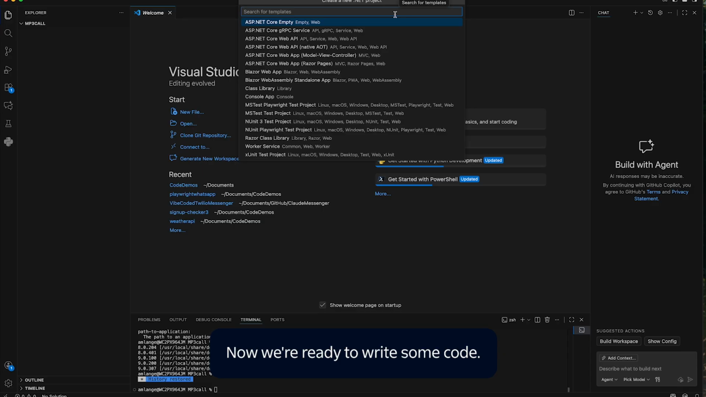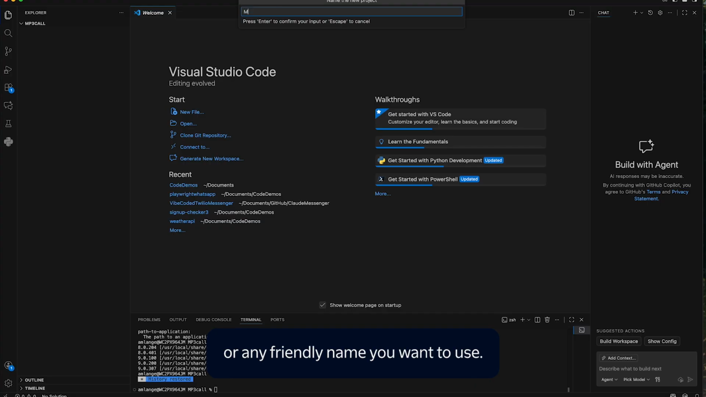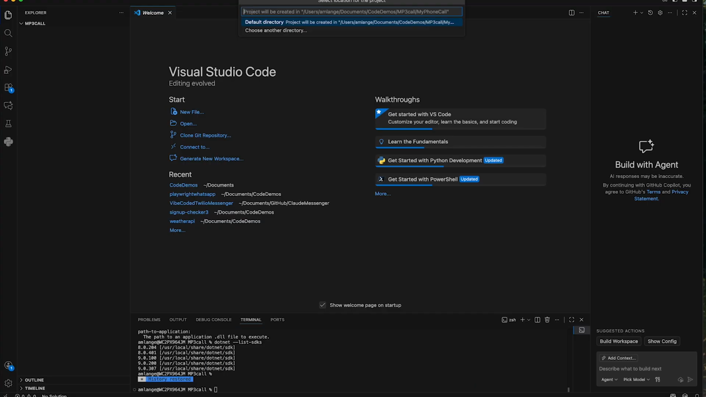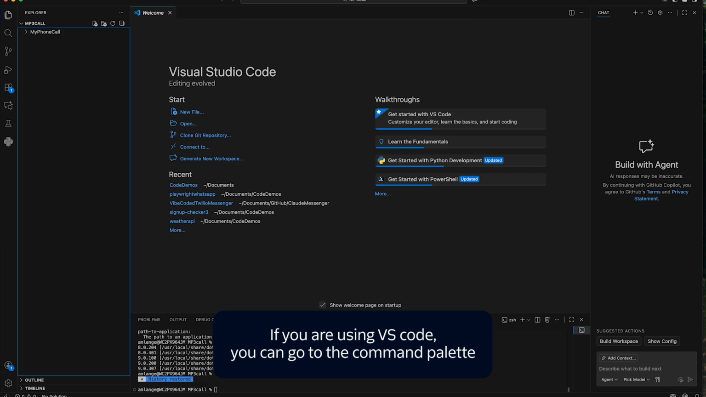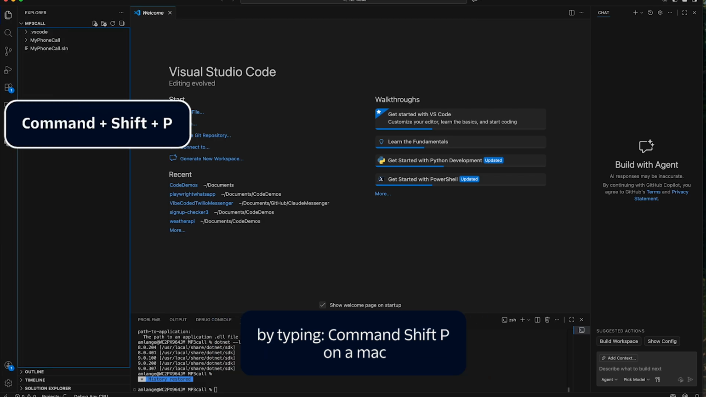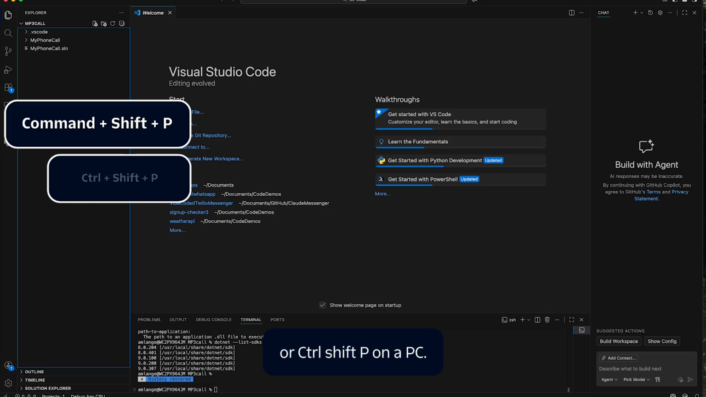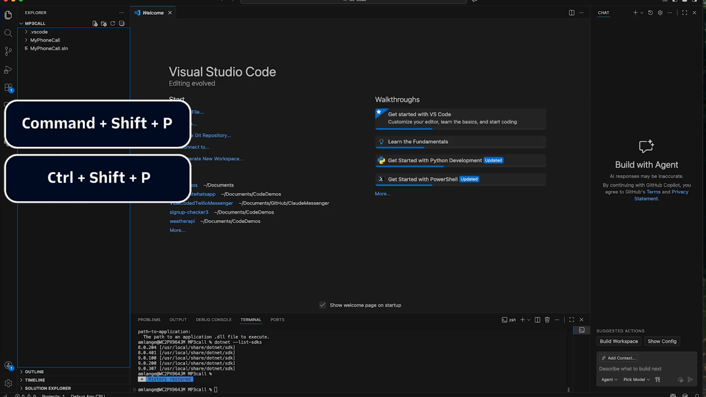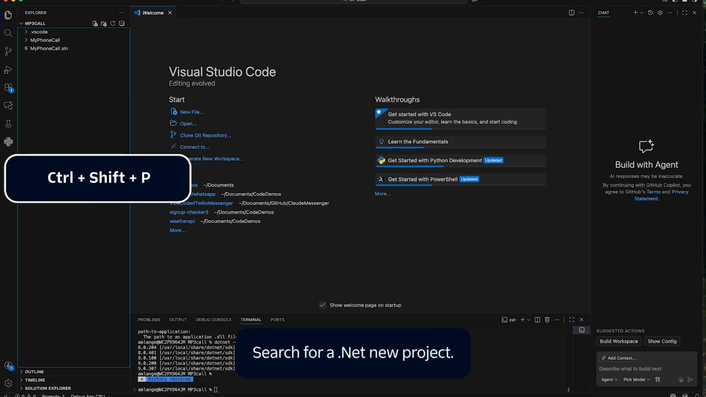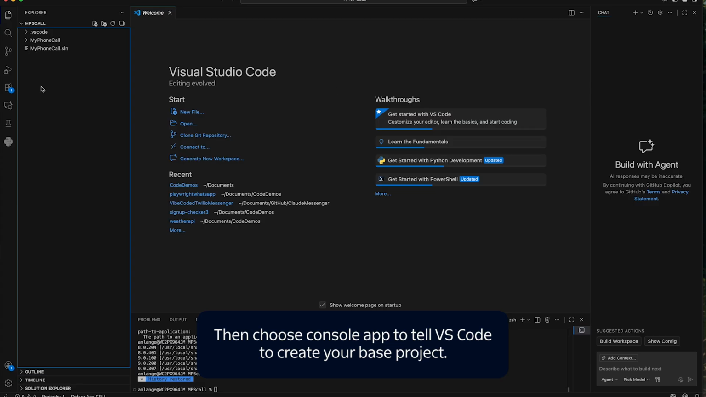Now, we're ready to write some code. Start by opening your IDE or code editor and create a new .NET project. Name the project My Phone Call or any friendly name you want to use. If you are using VS Code, you can go to the command palette by typing Command-Shift-P on a Mac or Control-Shift-P on a PC. Search for a .NET new project, then choose Console App to tell VS Code to create